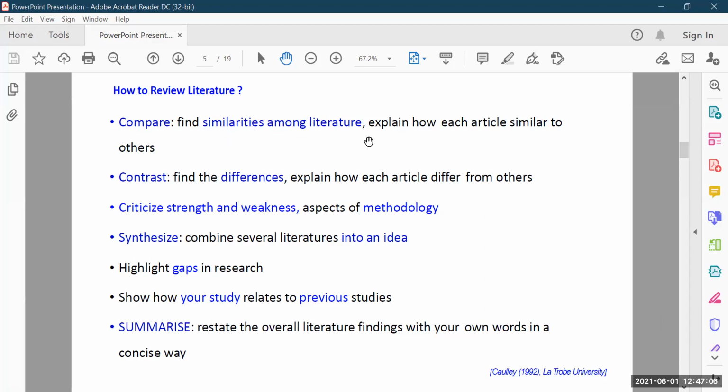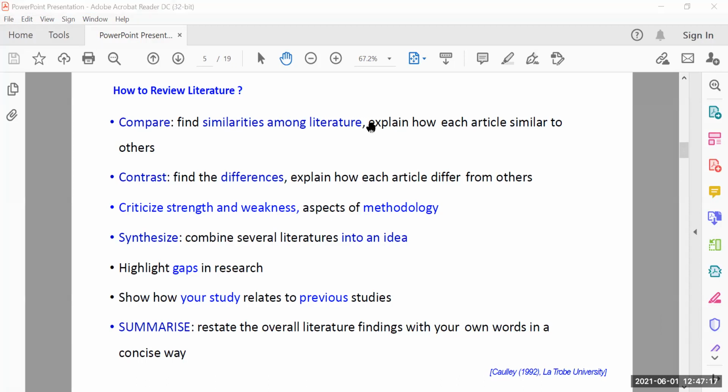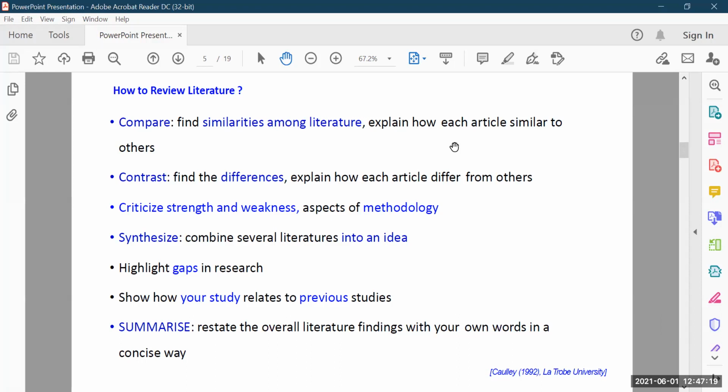What similar thing are they reporting about a particular phenomenon, topic, or area? Let's say you are talking about the effect of machining parameters on surface roughness. There may be many papers discussing the same thing. How are they explaining this? Is there any controversy or conflict, or do they agree that, okay, increasing the speed enhances the surface finish?